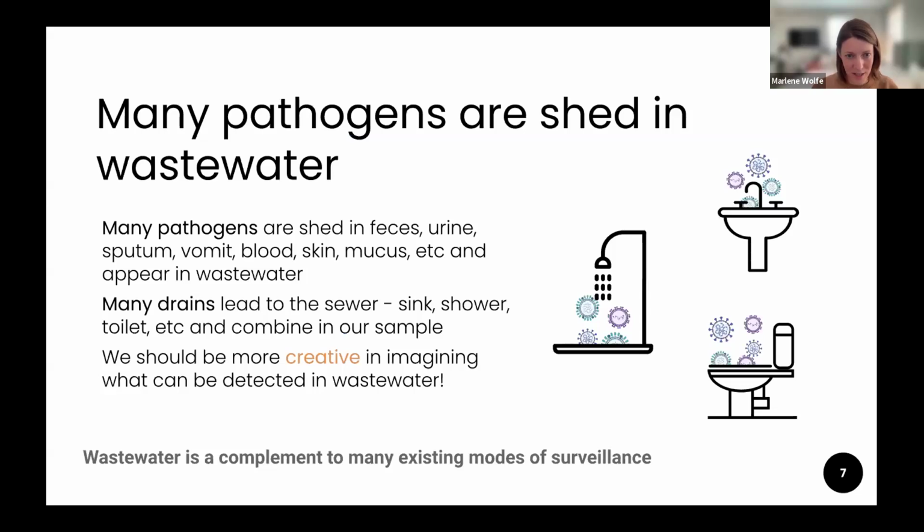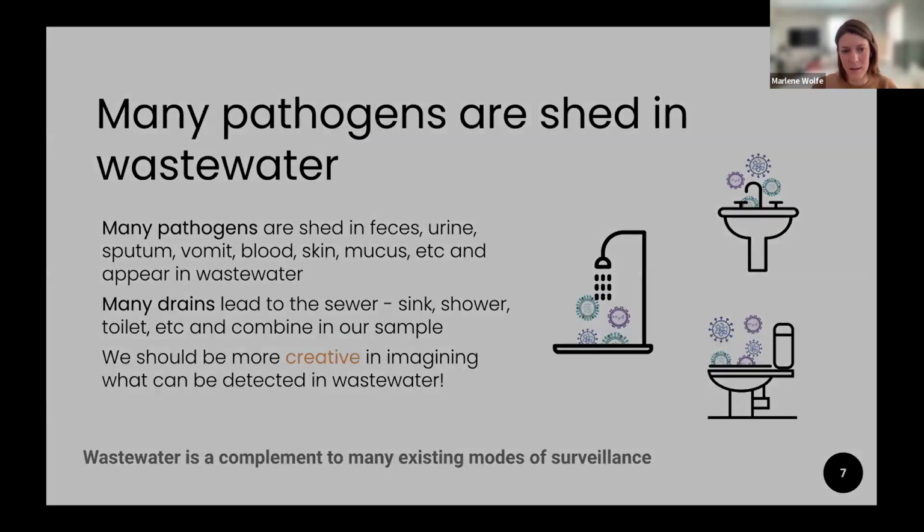Many pathogens are shed into wastewater. So again, I just want to say there are so many different things that we can look for because we're talking about feces, urine, sputum, vomit, blood, skin, mucus. Everything really appears in wastewater. And in network sewer systems, many drains lead to the sewer. So there are a lot of different things we can be creative about monitoring and use as a complement to